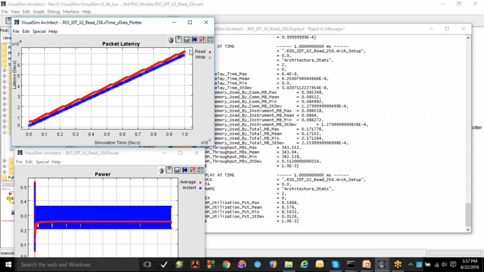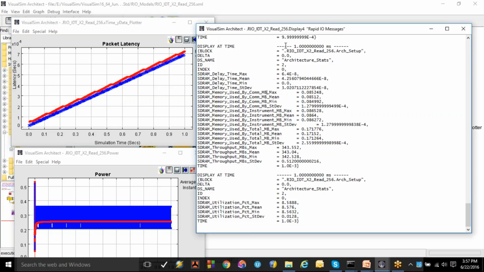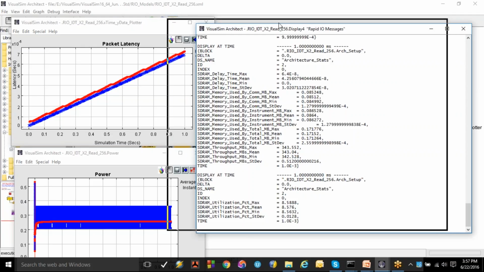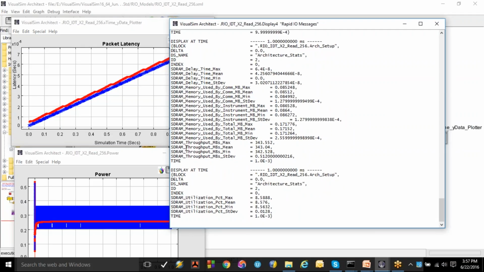So you may have to increase your switch speed, or you may have to decrease the rate at which you are receiving the traffic, or you may have to change the flow control mechanism, how you have defined things like that. And in these textual reports, in this case we are capturing details such as